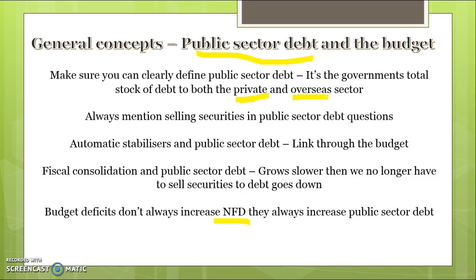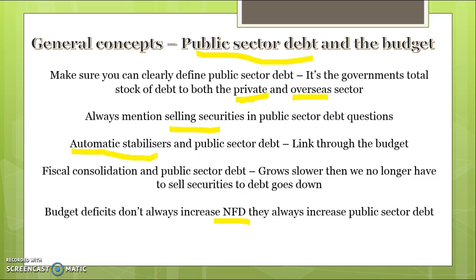When you're doing questions related to the budget deficit and public sector debt, always define a budget deficit as the government spending more than they're earning in a given year. To finance that, they sell securities or bonds, and that leads to an increase in public sector debt, because they're borrowing from overseas nations or borrowing domestically. When we're in a trough, automatic stabilisers would work to increase the size of the deficit because we'd collect less tax and pay more welfare. Then the government has to borrow through selling securities, which will then increase the size of public sector debt.